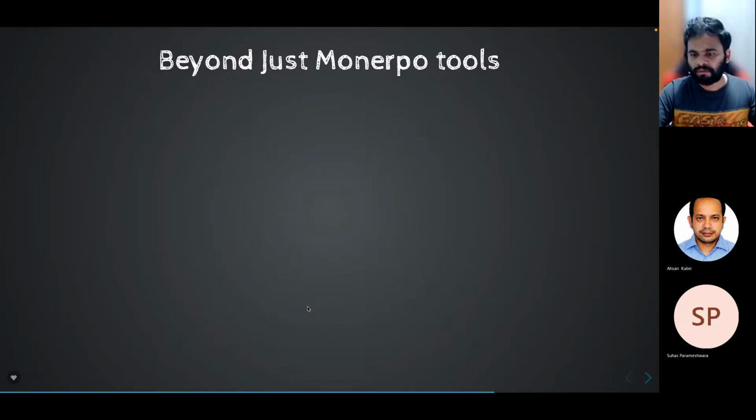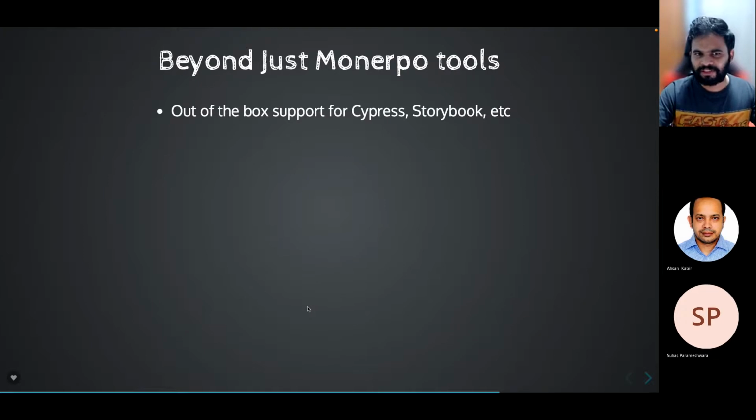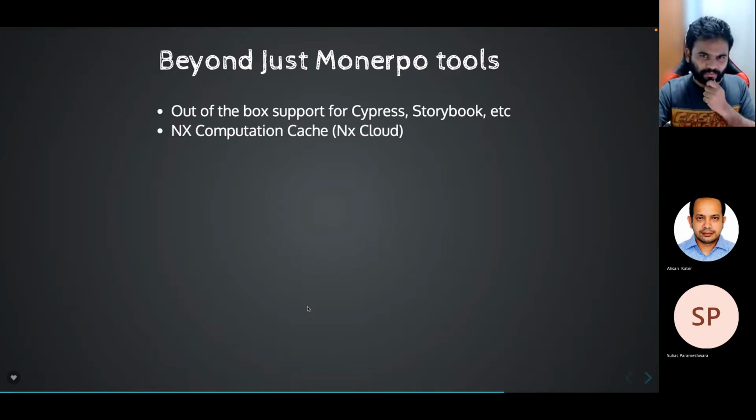So NX is just beyond a monorepo. Why I say that? Because out of the box it supports Cypress and Storybook. Again, when you use NX Cloud that comes with NX, you will see that it follows something called computational cache. If you build an application now, it may take a minute, but for the next build you just change a few files, like 2 or 3 files. The next computational build will be much faster because it uses computational cache, which tends to run the next build with less changes, maybe within 10 seconds,